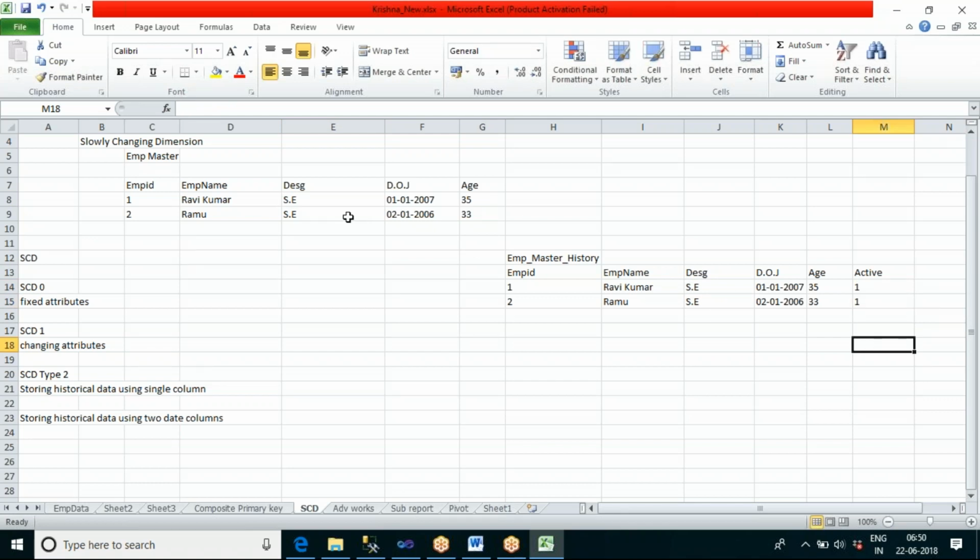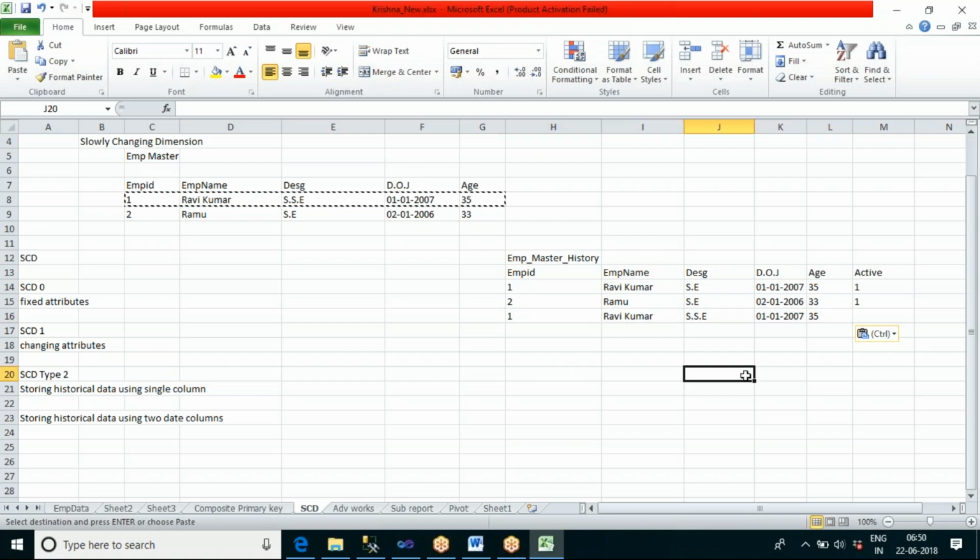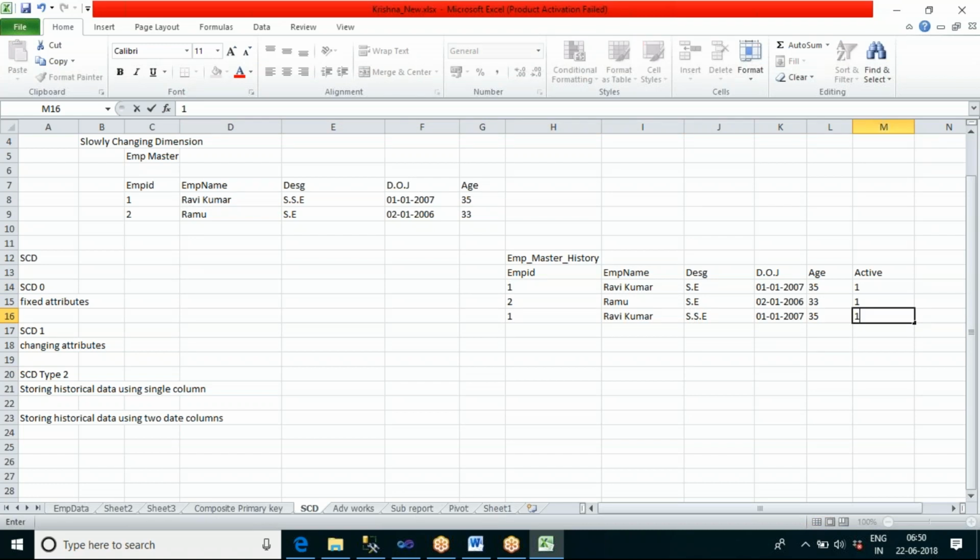Whenever his designation changes from software engineer to senior software engineer, I will take this new change record and insert one more record in the history table. This is the latest one, so I will mark it as the active record, and for the previous one I will make it inactive, specifying it as 0.